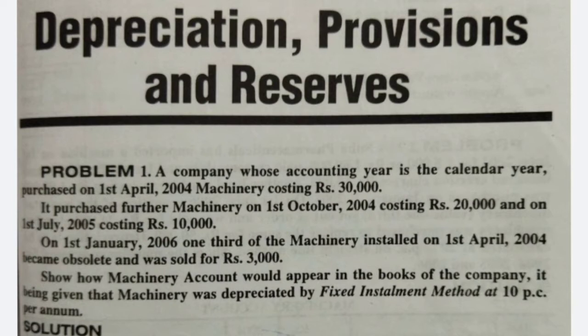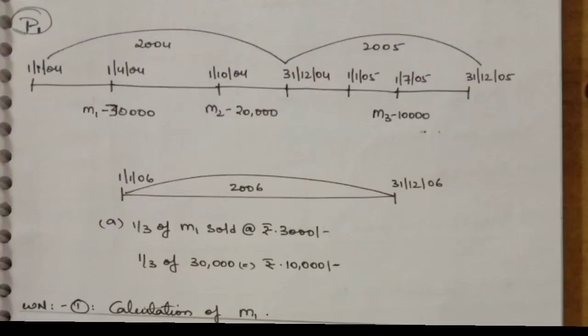Okay, fixed installment method is also called the straight line method. So in this case you will calculate the depreciation on the original cost of the machinery every year. On the original cost of the machinery you need to calculate 10% every year, that is per annum. Okay, so let us start with the solution. So as a part of the solution, step 1 is, as you're seeing on the screen, that you need to